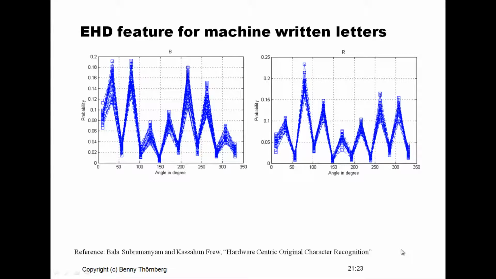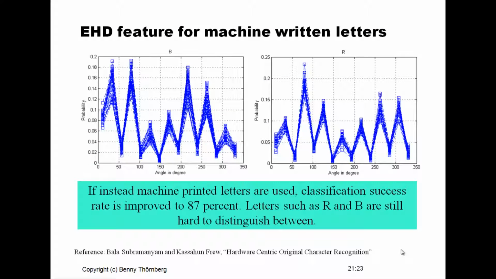What we see here on the slide is the extended feature vector for B and R, showing 15 bins. They are still looking quite similar. But then what they did is that instead of using hand printed letters, we are trying to apply it on machine printed letters. So this graph that you can see here is corresponding to 15 bins and for machine printed